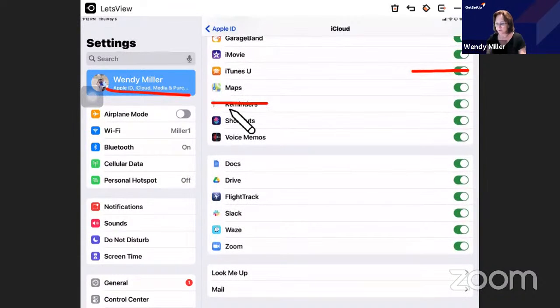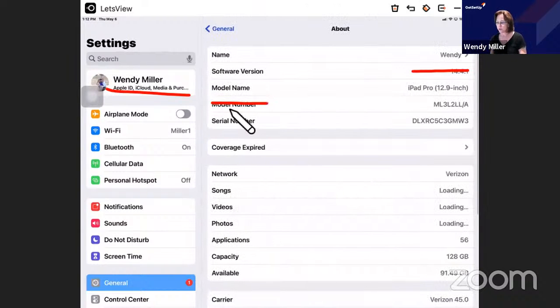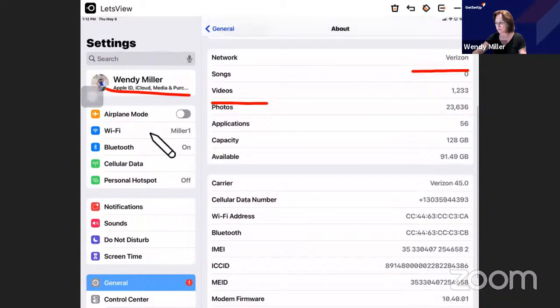Okay, now one other thing, we can go to general, and if we go to about, that gives you your base information, right? And so I have a 128 gigabyte iPad, and I have almost 100 gigabytes available. That's good. You will start seeing decreased function on your